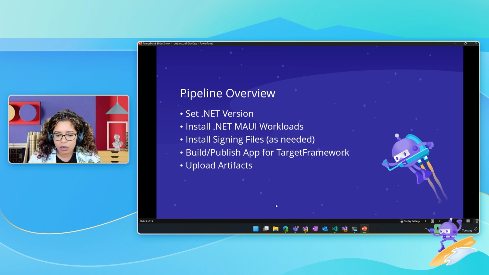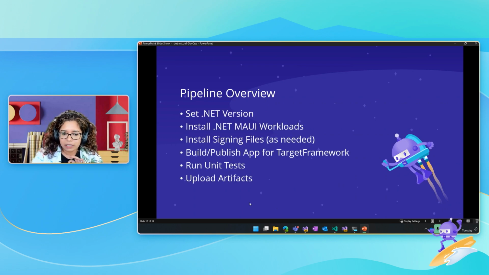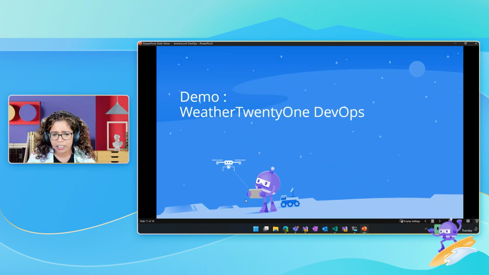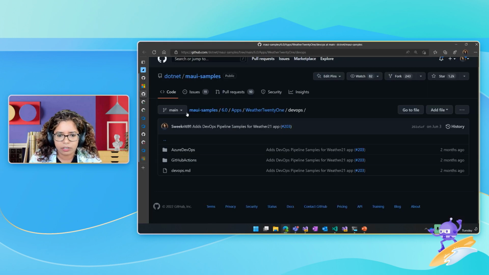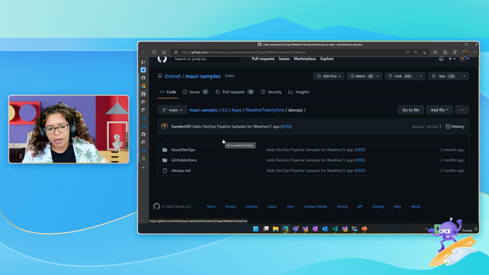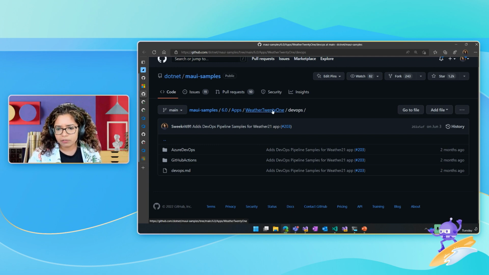For today, I wanted to talk a little bit about a different task that you could add. There's something I did not cover in detail in the blog post, and that was running unit tests. It's an important step, and it can 100% be done following the exact same baseline that we've been talking about the whole time. It runs on .NET, so we can do it. So what am I even talking about, right? Let me explain what we're talking about here. The pipelines that we have right now, like I said, are part of the Weather 21 sample app demo. If you click in, you can see.